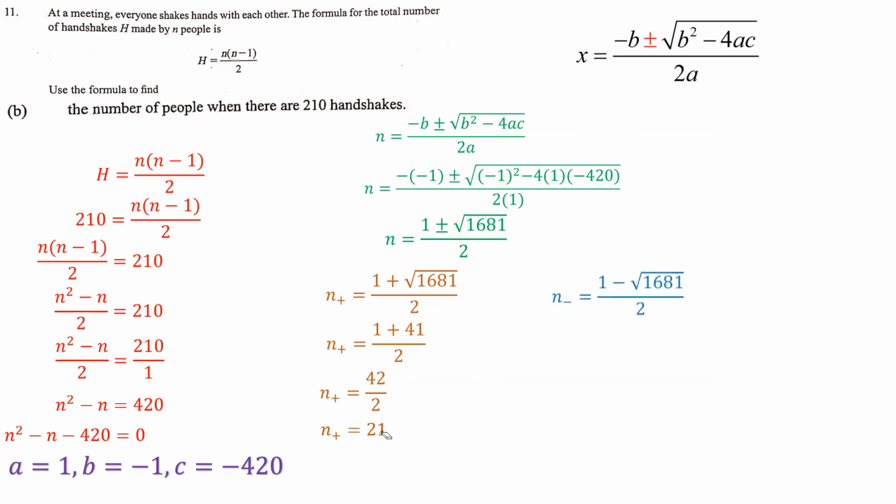Now let's look at when we have the negative sign. We know that the square root of 1,681 is 41. And we have 1 minus 41 all over 2, and we have negative 40 divided by 2, because 1 minus 41 is negative 40. Negative 40 divided by 2 is going to give us negative 20. And so we have two possible values that can work for this equation. N equals